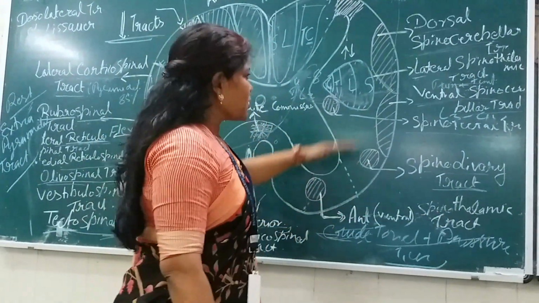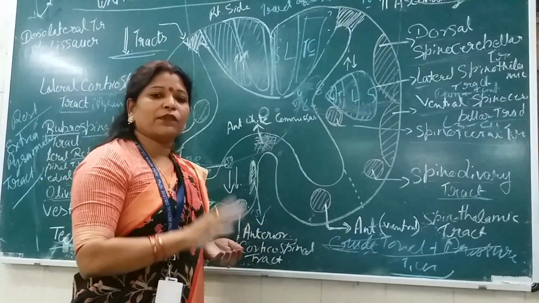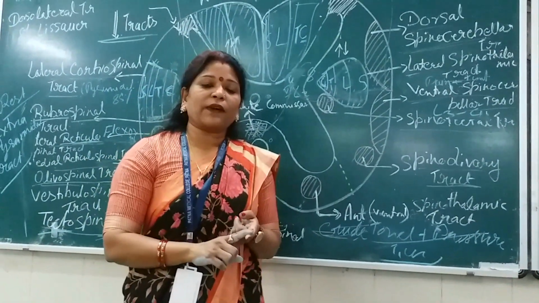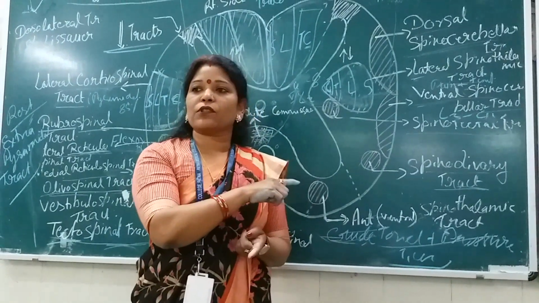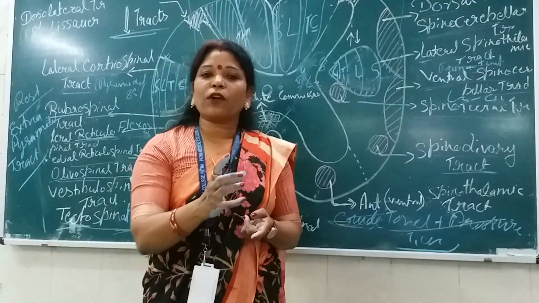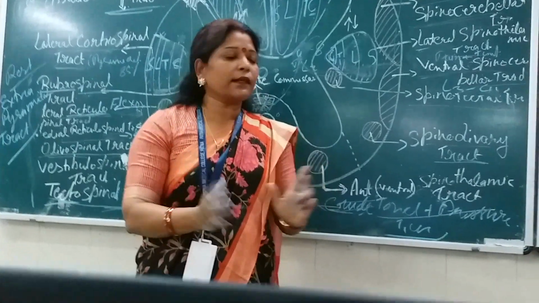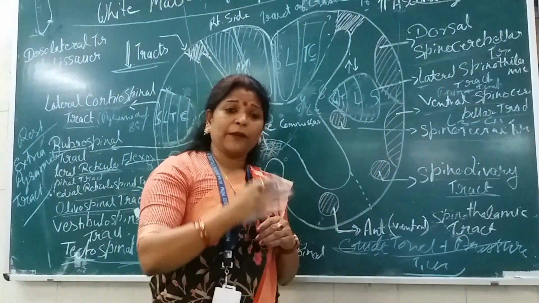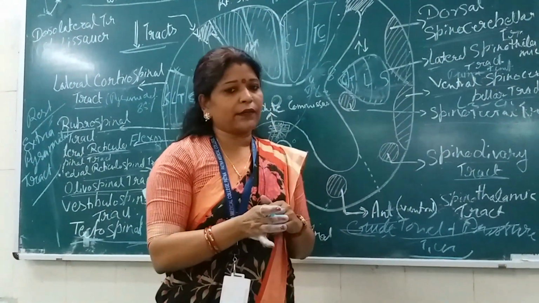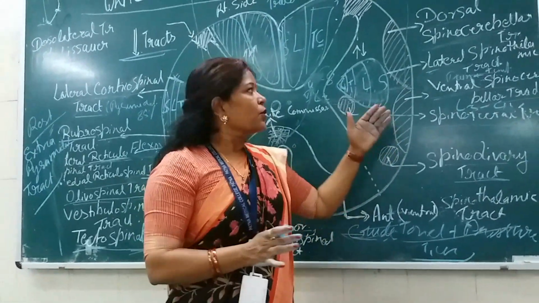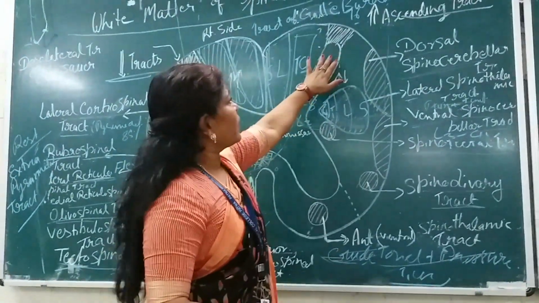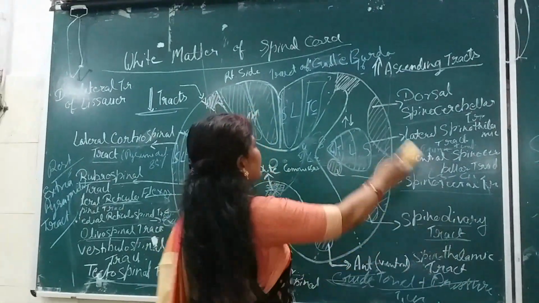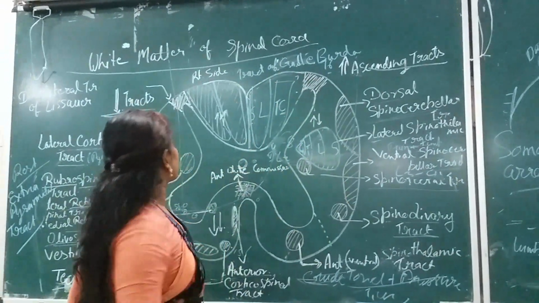Okay, so in this class we have been getting familiar with the nomenclature of these tracts along with their functions, the site of origin of those tracts, the termination site, and which function these tracts are involved in. In the next class we will discuss the ascending and descending tracts one by one in detail. One most important tract we have to discuss before proceeding to the next classes is the dorsolateral tract of Lissauer.